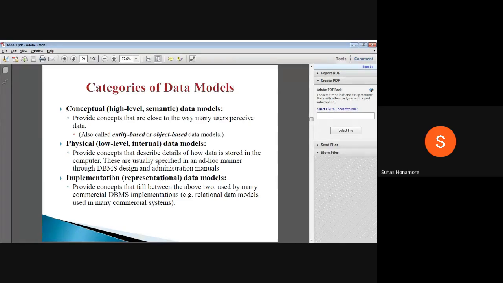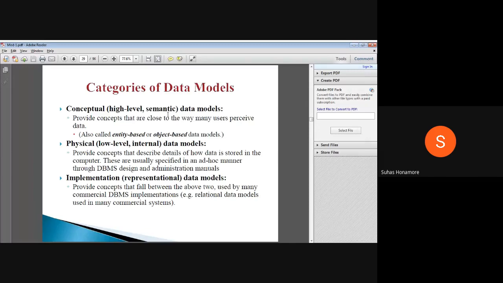The third one is the implementation or representational model. It is intermediate between these two, the high level and the physical. Between low level and high level, the intermediate is the representation. A mapping is done between high level and low level. At high level we normally say one object, a person or a student.